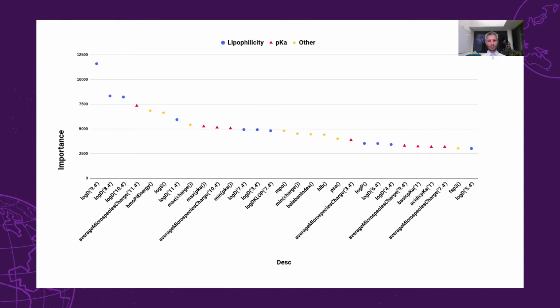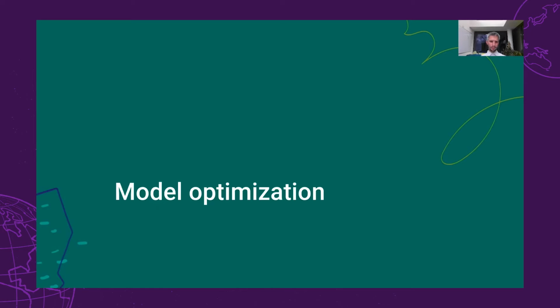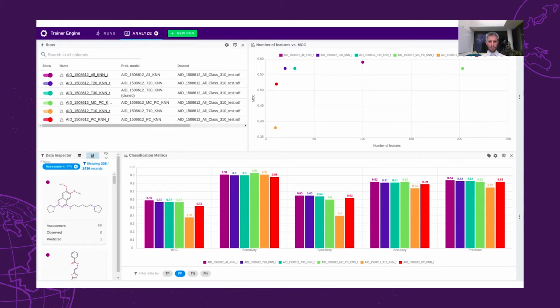But the second cluster, what we have identified, is related to pKa, and some of the descriptors like MPO or solubility also depends on these two. So what we have learned from the dataset is that lipophilicity and pKa are the two properties that can be controlled during design. In the model optimization, we have used this information, and the most important descriptors were used as